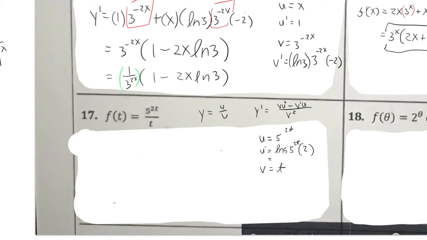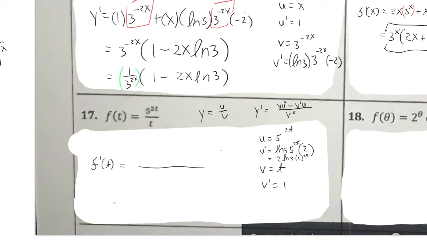Now, let me just clean that up a little bit. I'm going to put the 2 out front. We have 2 times ln of 5 times 5 to the 2t. All right, handwriting is kind of small, but you get the idea. V prime would be 1. So then it's really just a matter of plugging in the